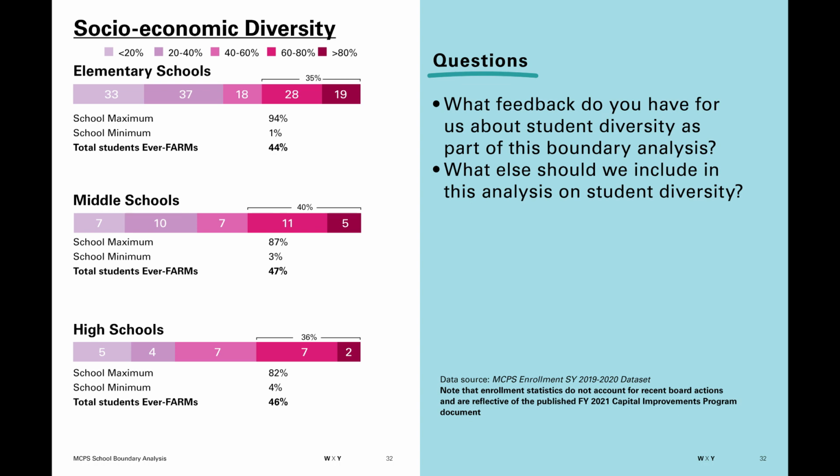So when we talk about all levels of schooling and socioeconomic diversity, what we understand is there are many schools located adjacent to each other that have vastly different percentages of Fver-FARMS students. We also know from the research referenced on the list of reference documents on the website that concentrating low-income students in schools, even when additional resources are provided, has not been a successful model in the history of U.S. public schools.